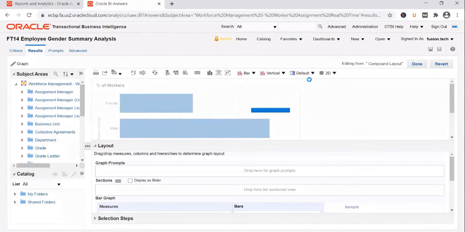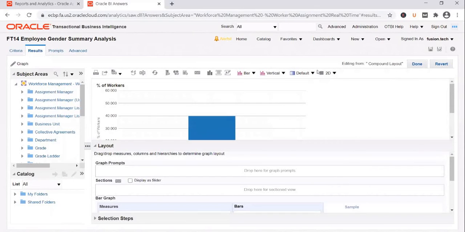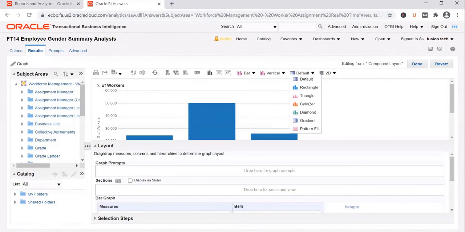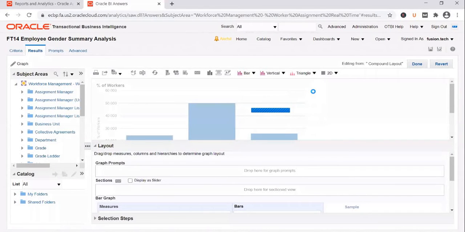And by default, the graph will be displayed in a 2D format. And there is a specific color combination or a pattern in which it gets displayed. So if you want to change the style, you can change the style of the graph as well. So if you click on this, if you want to see them as a cylindrical or as a triangle or other options, you can do that as well. So if you want to see it as a triangle,